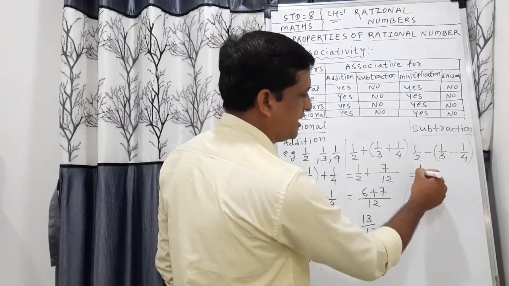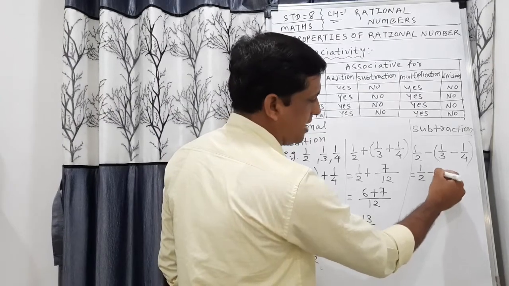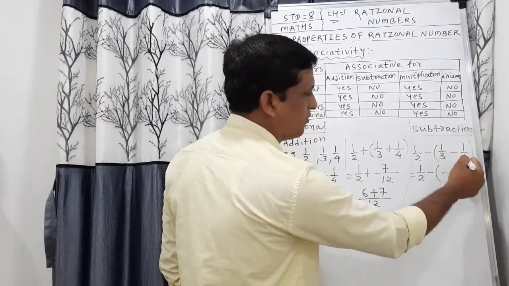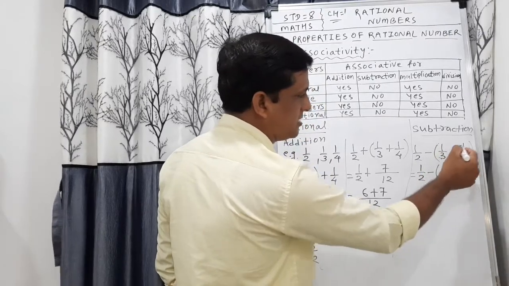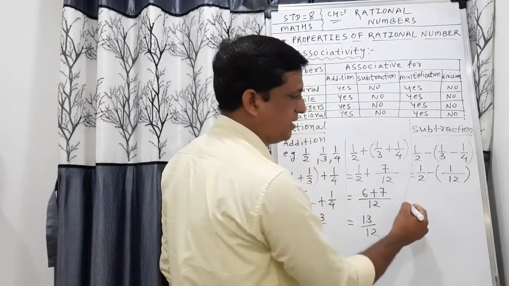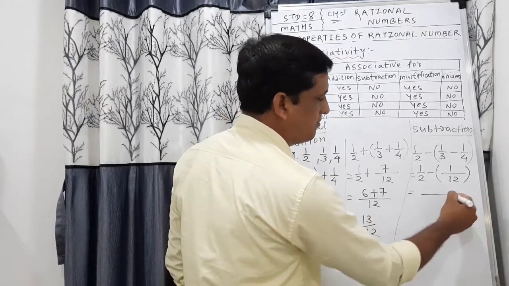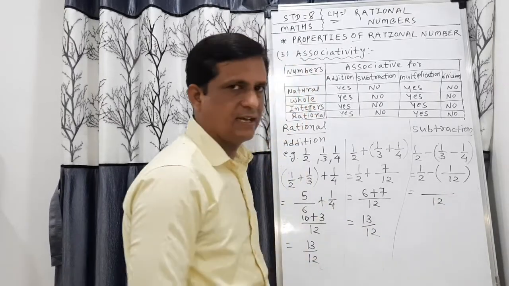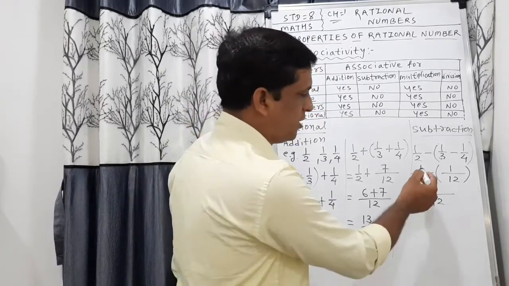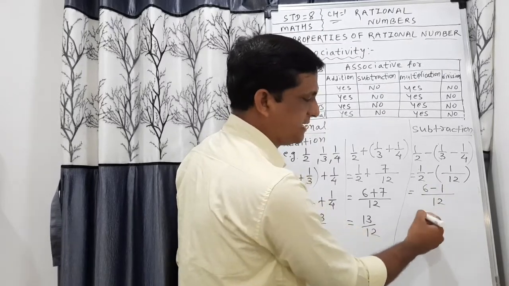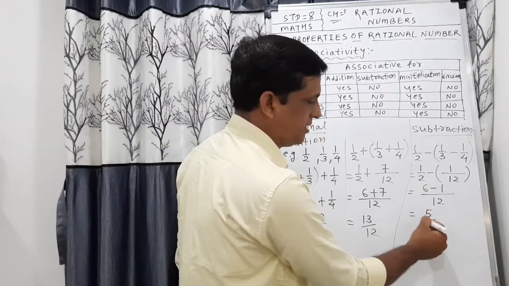So here 1 by 2 remains as it is, minus LCM for 3 and 4, it is 12, and 4 ones are 4 minus 3 ones are 3, so 4 minus 3, that is equal to 1. Now I am taking LCM of 2 and 12, that is 12, right? And simplification, 1 multiplied with 6 minus 1 remains as it is, so 6 minus 1, it is 5 by